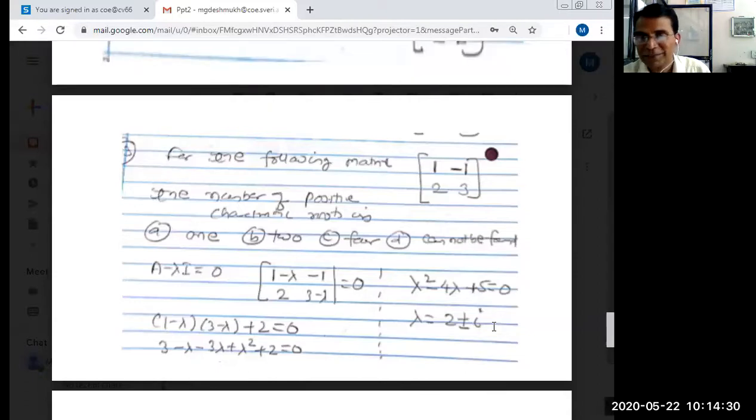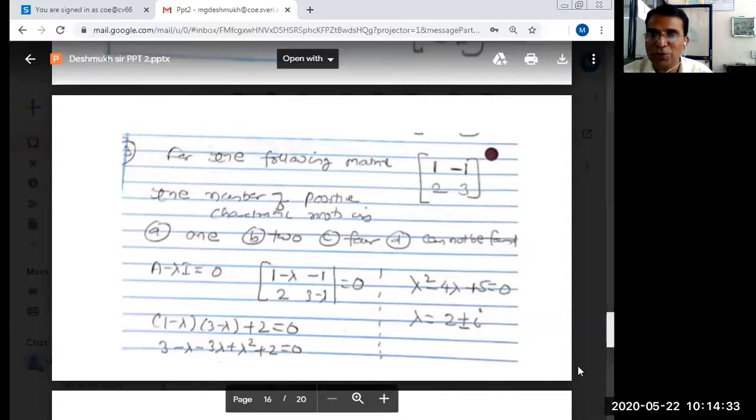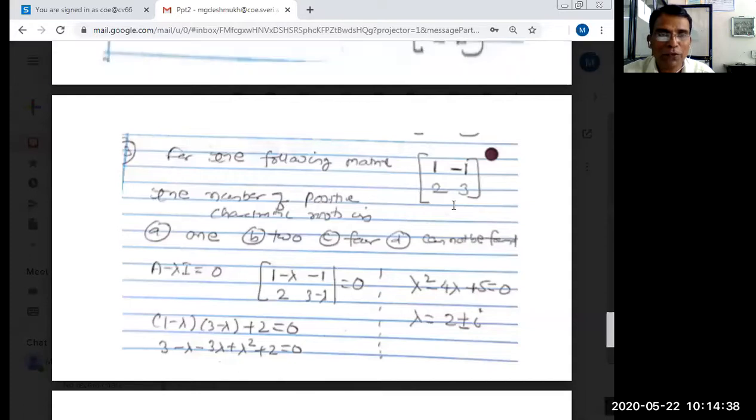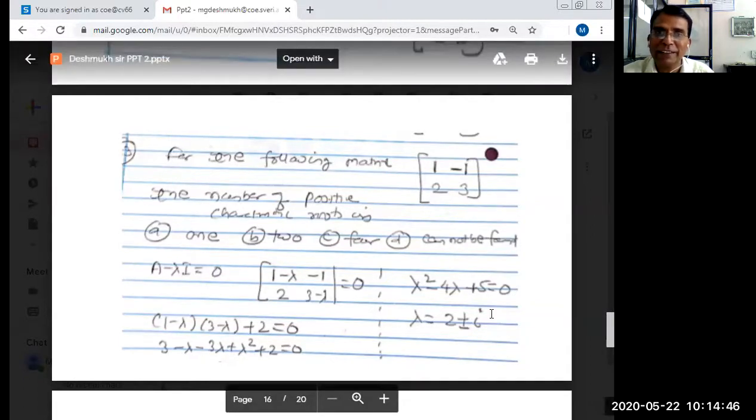Now tell me the answer. I have found lambda is equal to 2 plus or minus i. So what is the answer? Someone says 2. How is it possible? Poonam says 1. Most of you have said 1. Is there any positive root? What root did you get? Mine came 2 plus or minus i. Is this right or wrong? What root did you get? First look at mine, and seeing that root, tell me whether the positive root is right or wrong. Discuss this later and tell me.